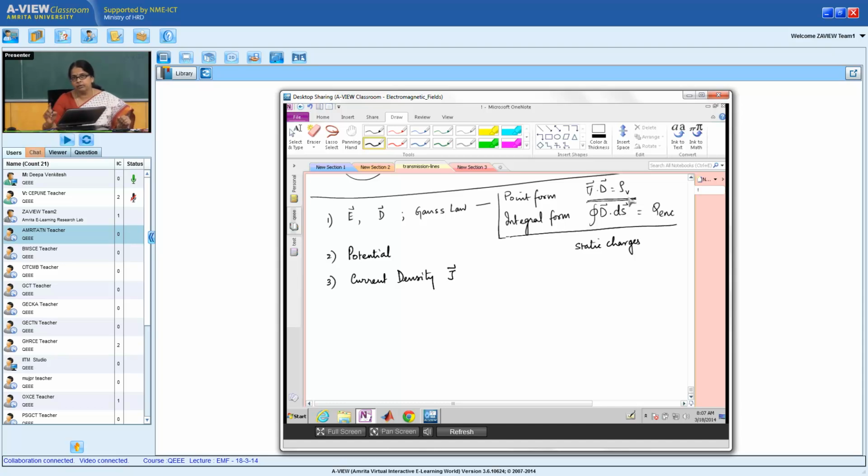But I'm going to take a small detour and tell you an application of using this Gauss law,